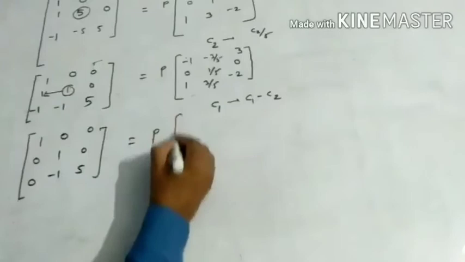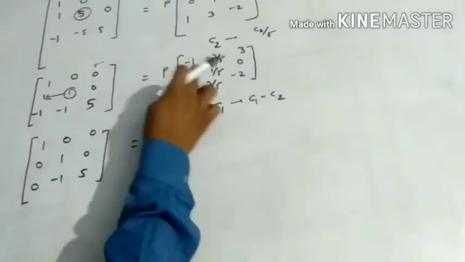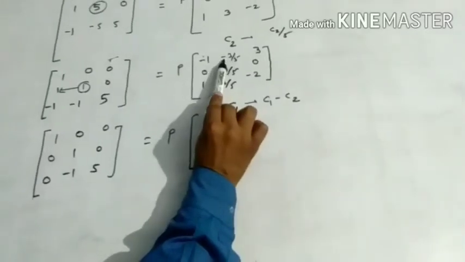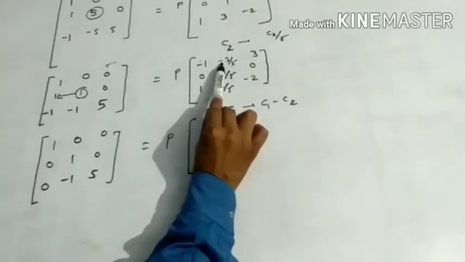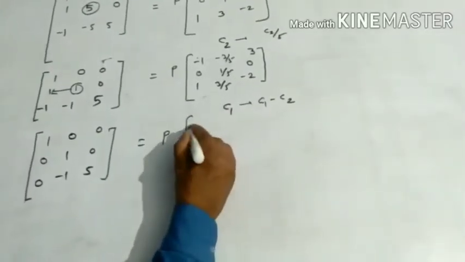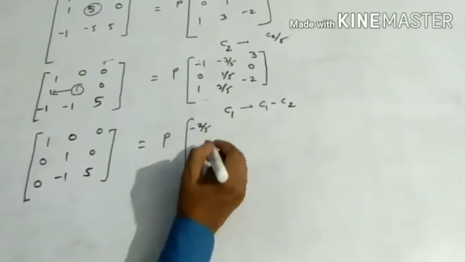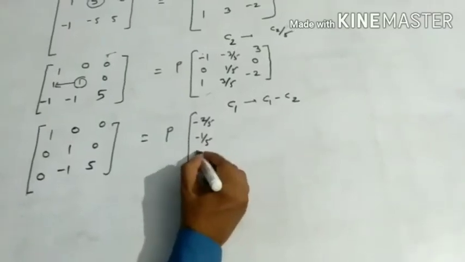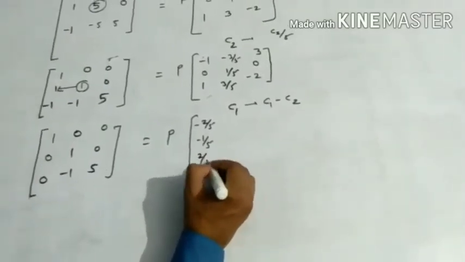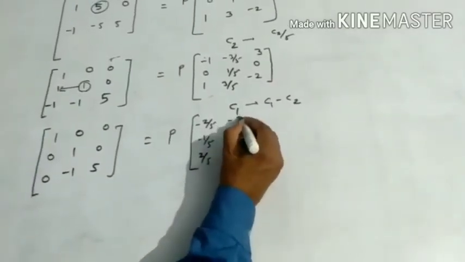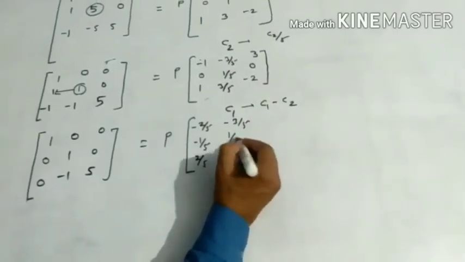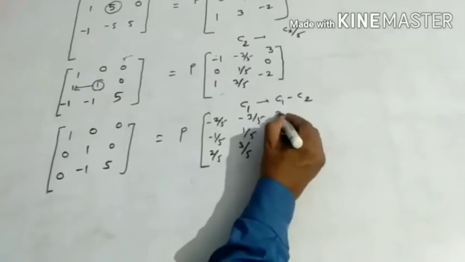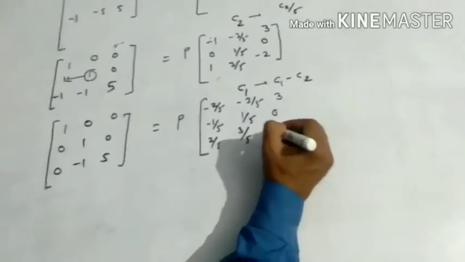On this side P, here you have to see this is the -1 and this becomes plus 3 by 5, meaning we'll get 2 by 5. Here this is the -1 by 5 and here this becomes 2 by 5. Here same you have to write 3 by 5, 1 by 5, then 3 by 5, and here this is the 3, 0, -2.